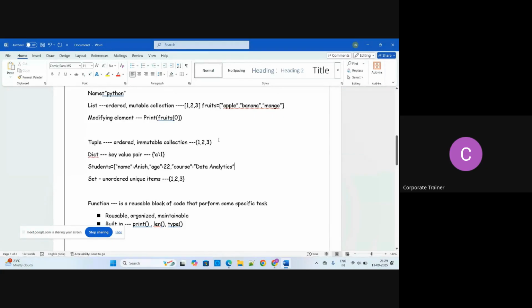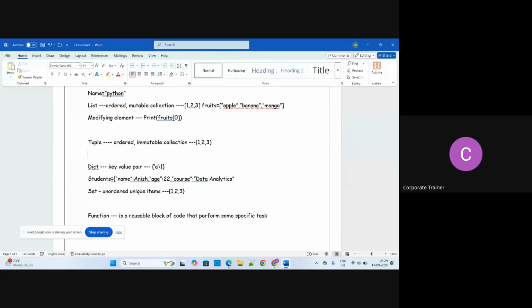For tuple, I'll give you an example here. I'm defining dimensions equal to 1920 comma 1080.